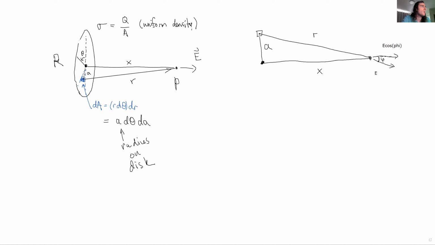What about the sine component though? Here's the sine component. E sine phi. Well, we already know that the disk is symmetric about its axis. So the E sine phi piece is going to integrate away. We don't need to account for the E sine phi piece because all of those vectors, as we integrate around, if we're to look down the axis of the cylinder,